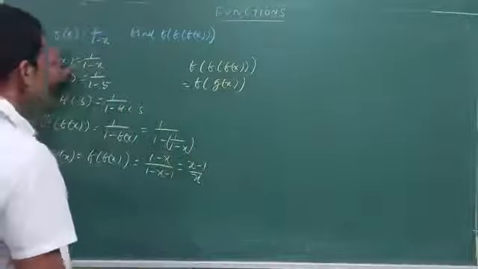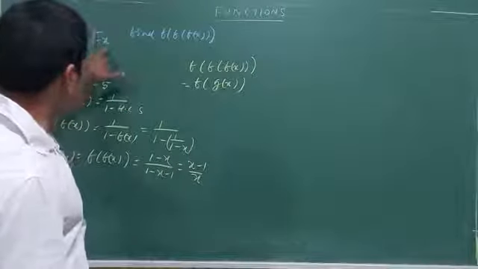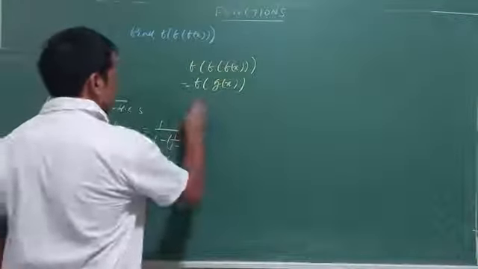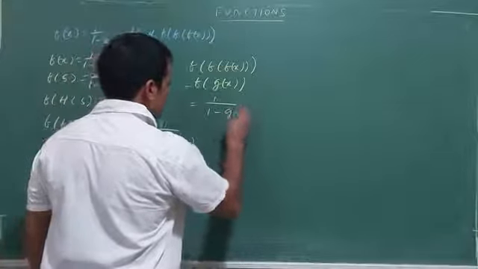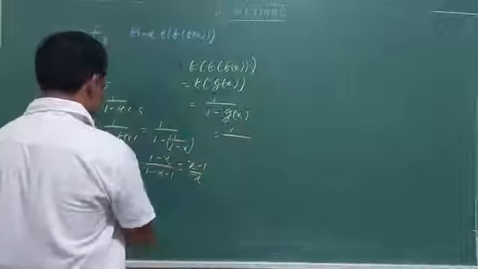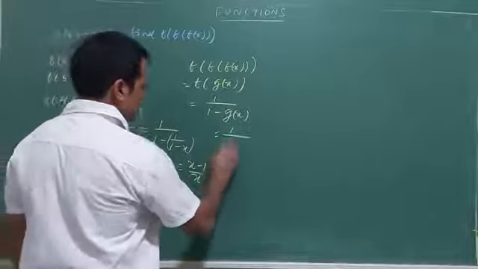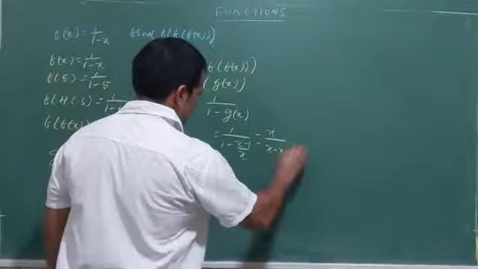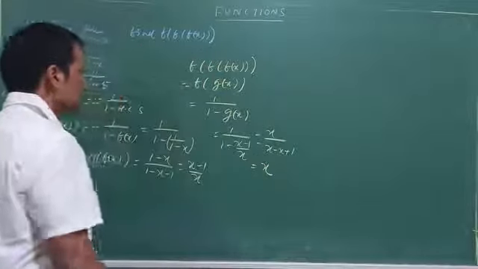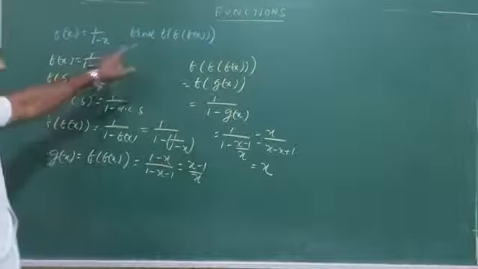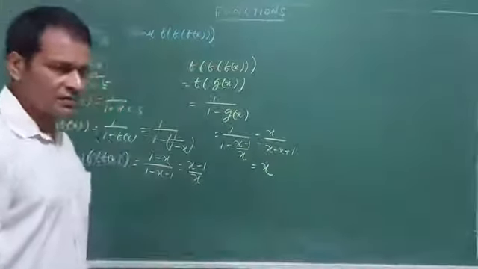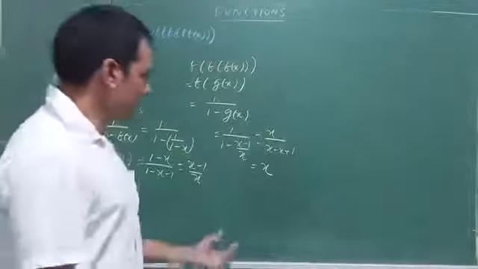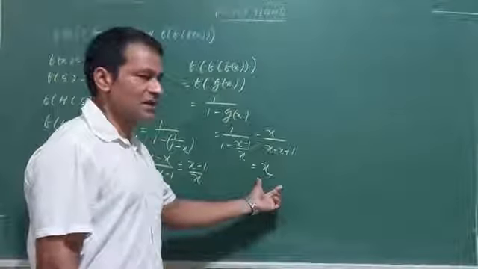The outer function is f. What is the outer function? F. Where it is x, this one is x. If it will be 2, it will be 2. If it is g(x), this will become g(x). So it will become 1 by 1 minus g(x). And the g(x) value is x minus 1 by x. X minus x plus 1 cancels out, x is the answer. So I got the answer: f of f of f(x) is equal to x. In the examination they may ask you that this is the identity function, where the output is x. So I got the answer as x here.